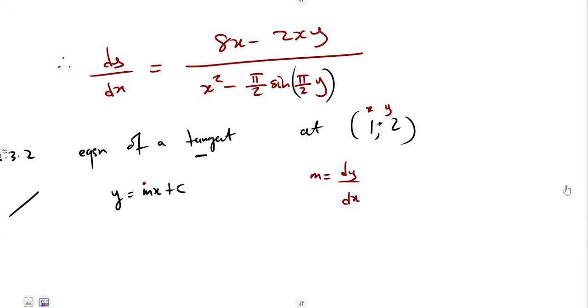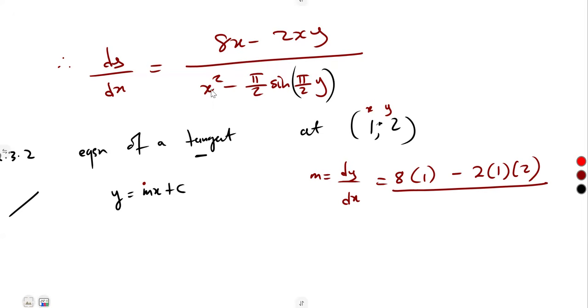So at the given point, substitute the value of x into dy dx. Our x is what? Our x is 1. Minus 2 times x, our x is 1. Y is what? Y is 2. Everything over what? X squared. Our x is 1, 1 squared. That's another mistake that the memo did. They took 2 there. No, x is 1. So that's 1 squared minus pi over 2